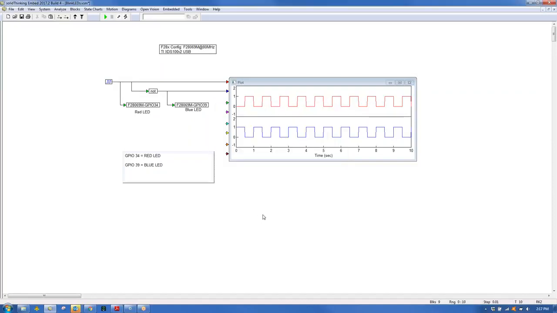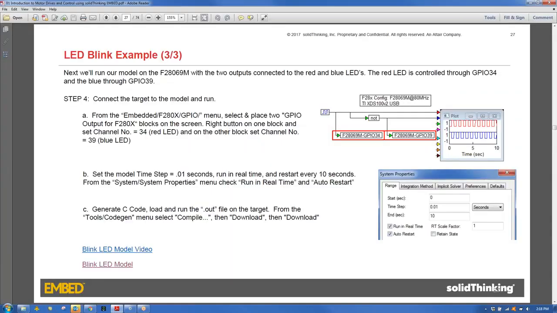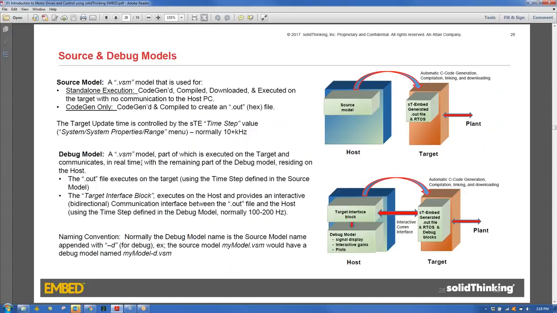Okay, so that's real basic. We were able to get a very simple diagram working and running on the 69M that we created in Solid Thinking Embed. So let me close this, and let's move to something a little bit more challenging. But before we do that, we need to understand a few things in terms of terminology. As it will turn out, things get complicated when you want to have data communication between the target and the host. What we did right now